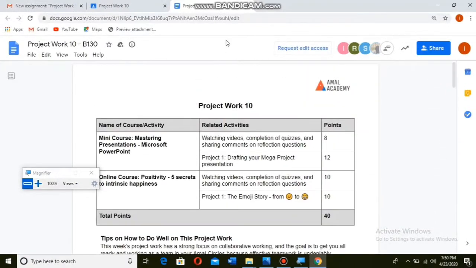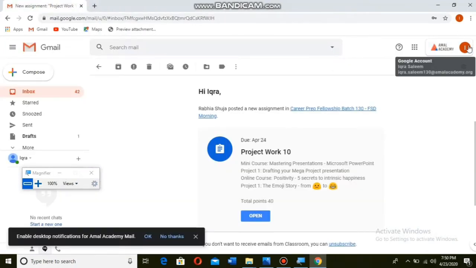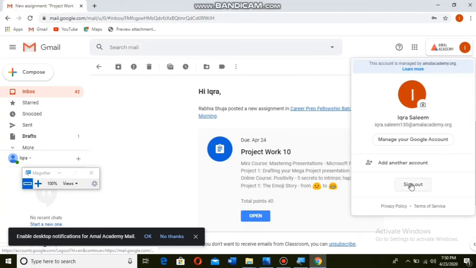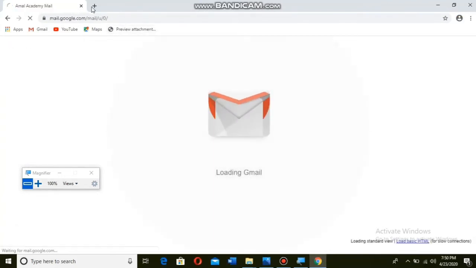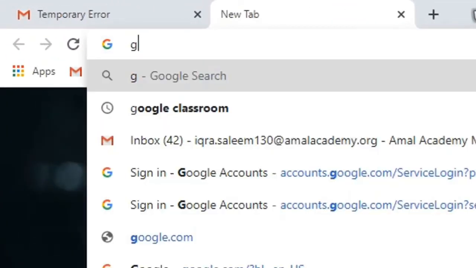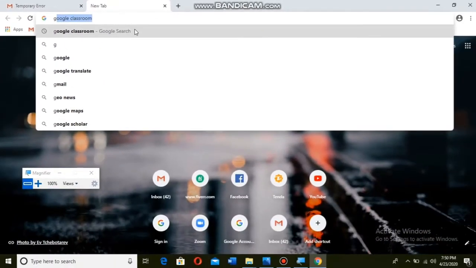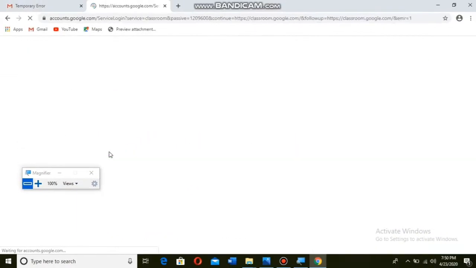Now I will discuss with you the second method. In any case, if you do not receive an email from your program associate, or if you want to log in to Google Classroom for the academic work, then simply open Google Chrome, write Google Classroom like this, and here is Google Classroom. Open it